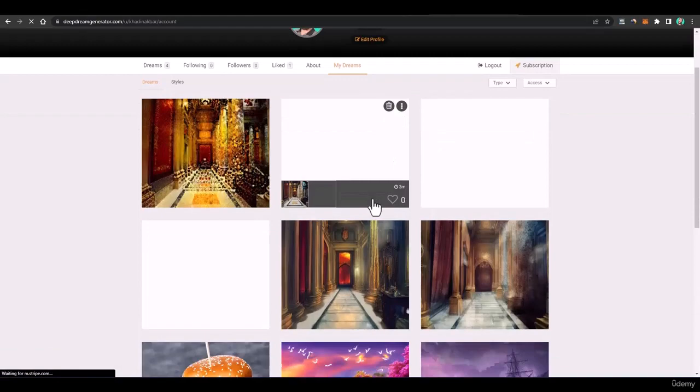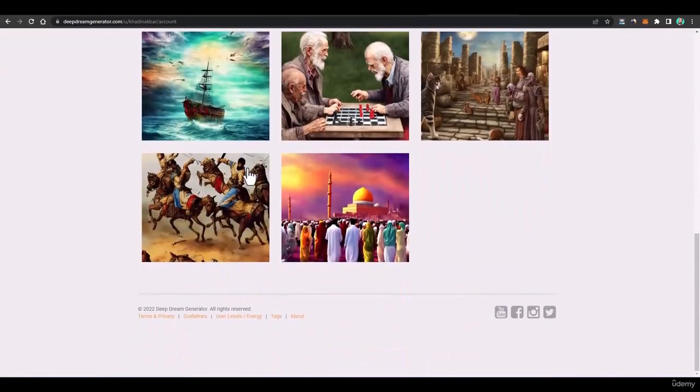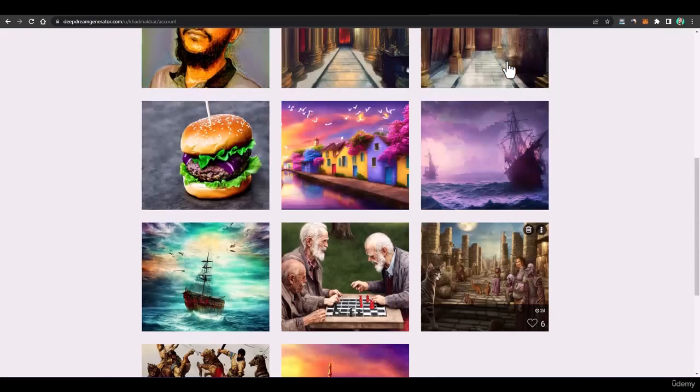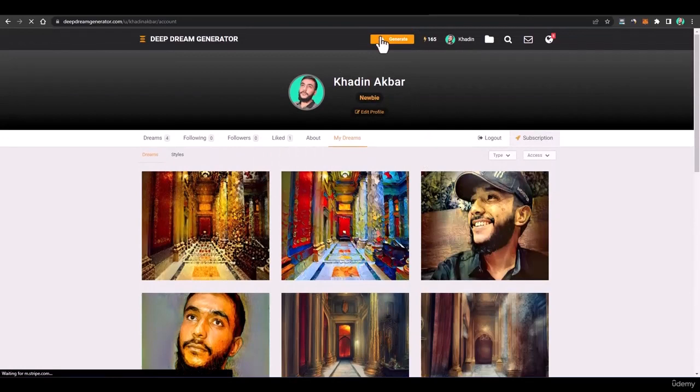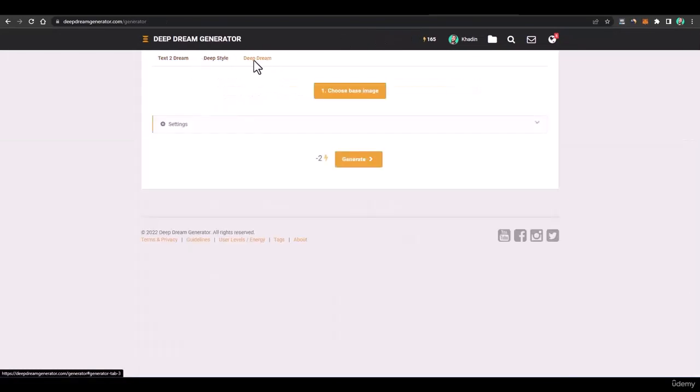And now here you can see we just generated a few interesting things using AI, and that's how you can utilize AI to generate these kinds of things. So that was the tool called Deep Style. Now in the next lecture we'll be covering Deep Dream to generate deep dreams. So be with me in the next lecture. So goodbye for this lecture.